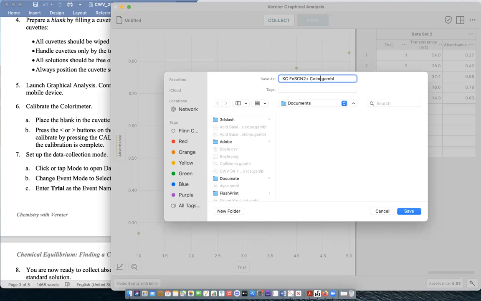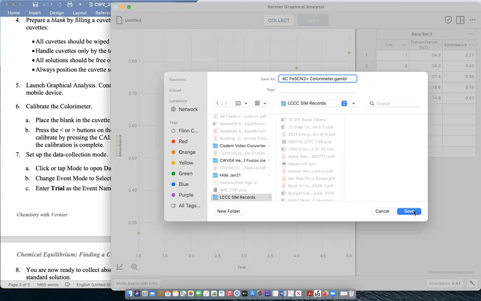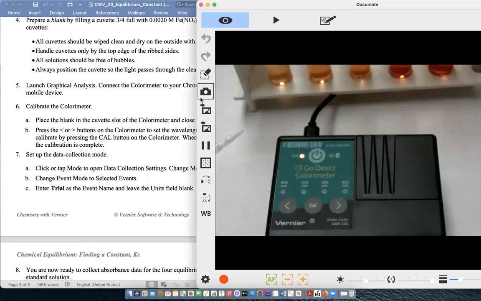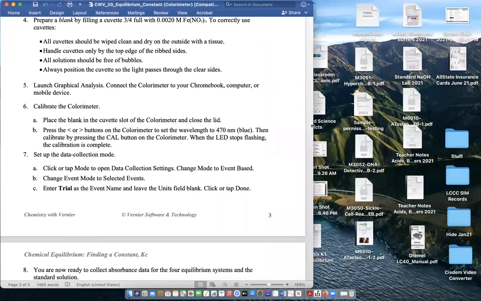And I'll put in that we use the colorimeter for that setup. I'll save this and share this with you later on with your teacher so you have some data that you can look at and go through your analysis. The rest of the experiment at this particular point is going to be based on analyzing your results, trying to figure out what the changes are between those results,